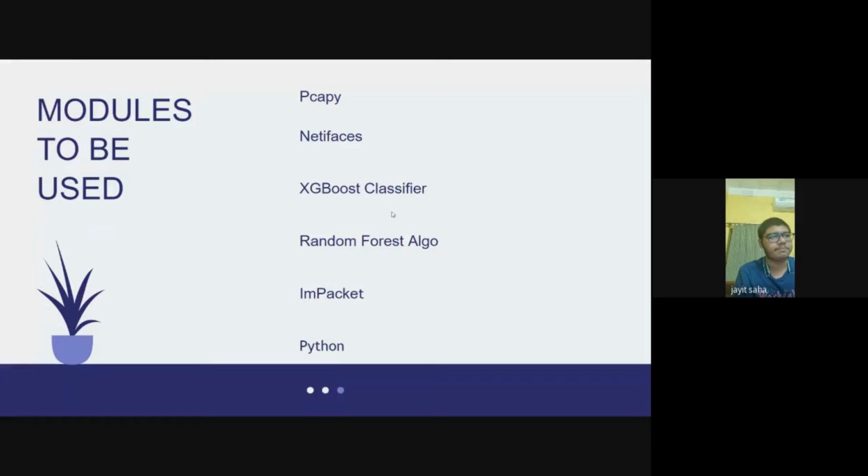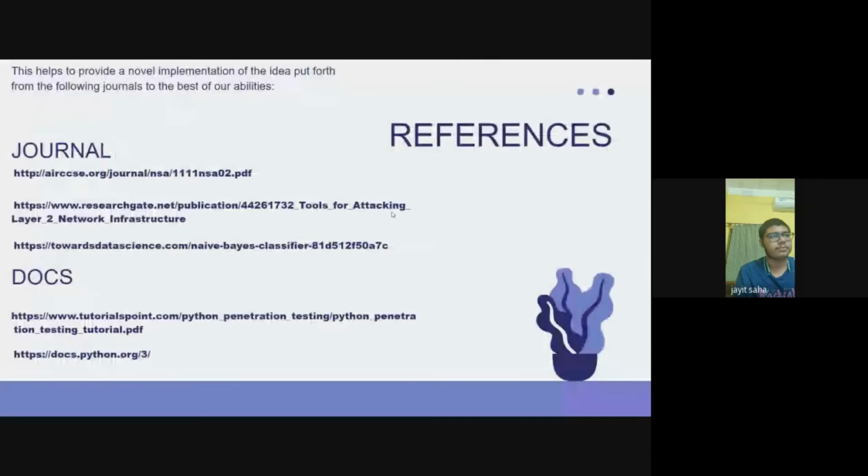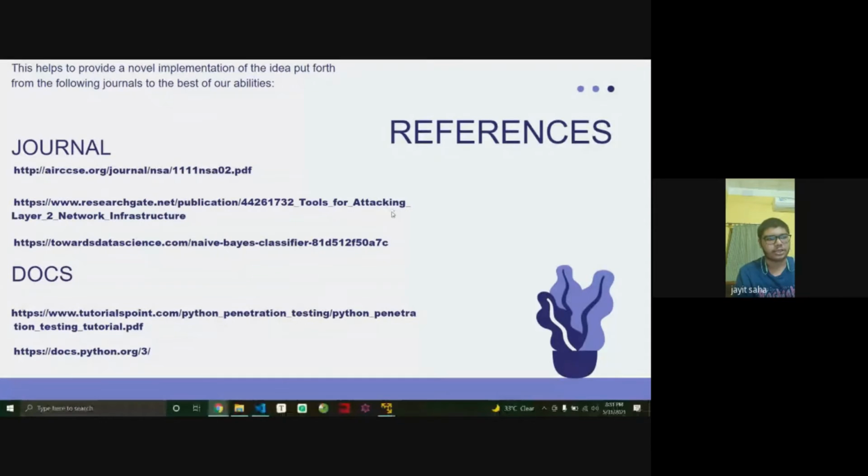Next slide. These are the references from where we referred for our application. And now we will proceed with the actual live demonstration of the whole application.